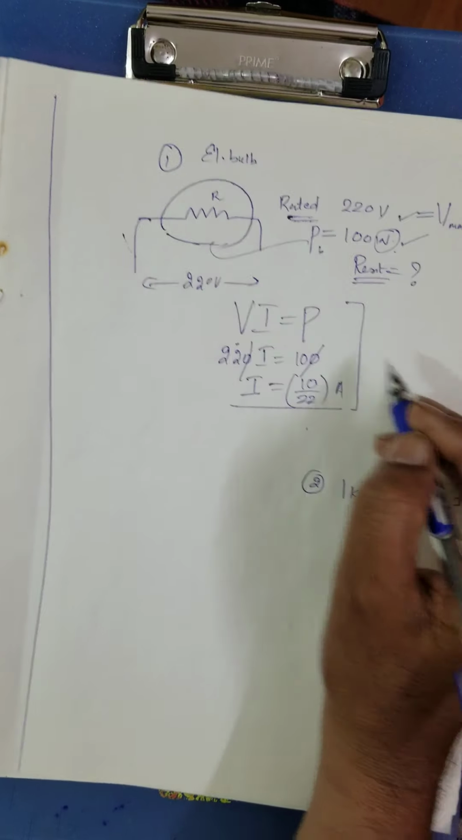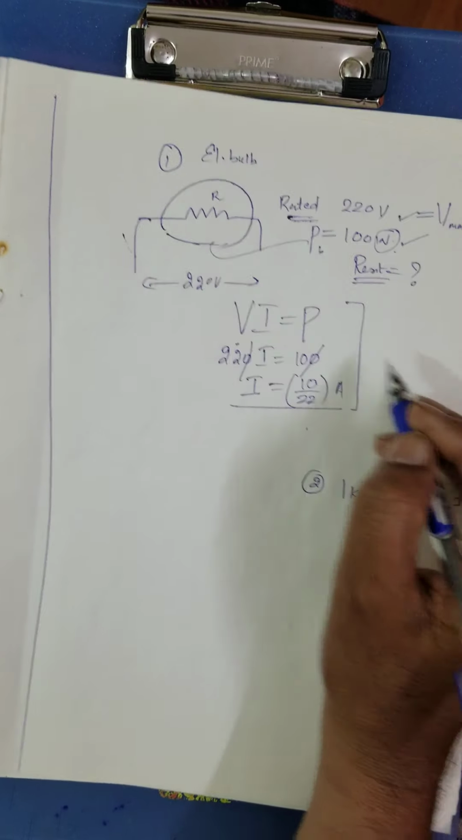Here you can use other formula also. What is the other formula you can use? 22 into 22. You'll get about 484 ohm. Or 0.484 into 10 to the power of 3 ohm or 0.484 kilo ohm. You can do it. Right? Next,